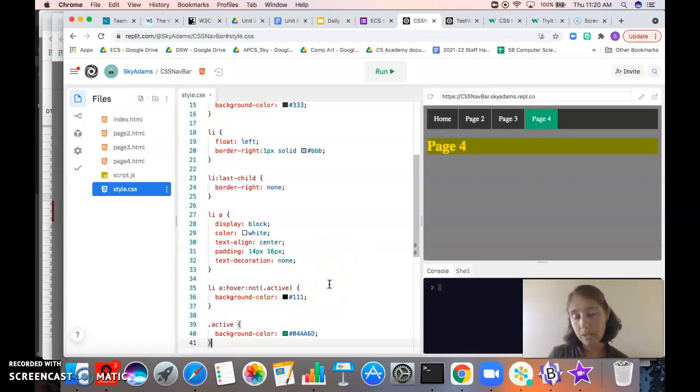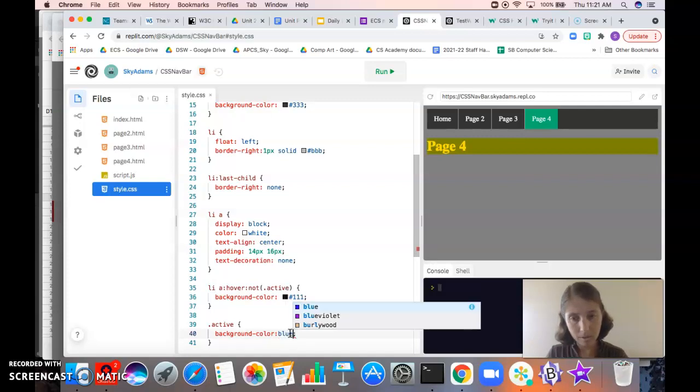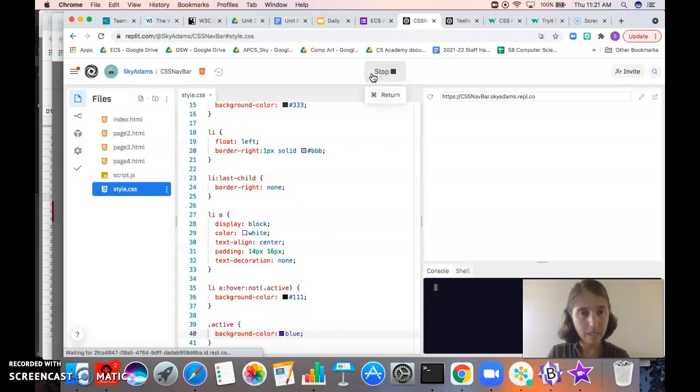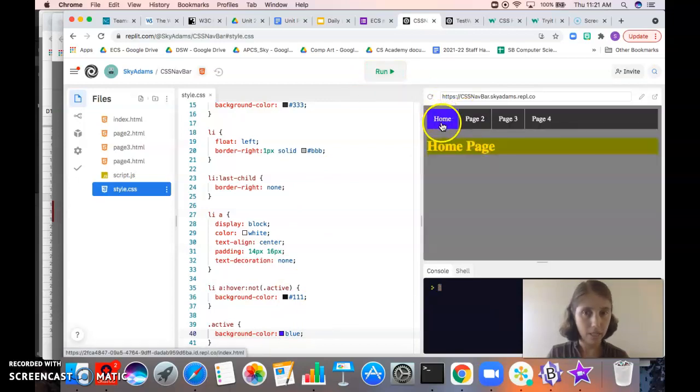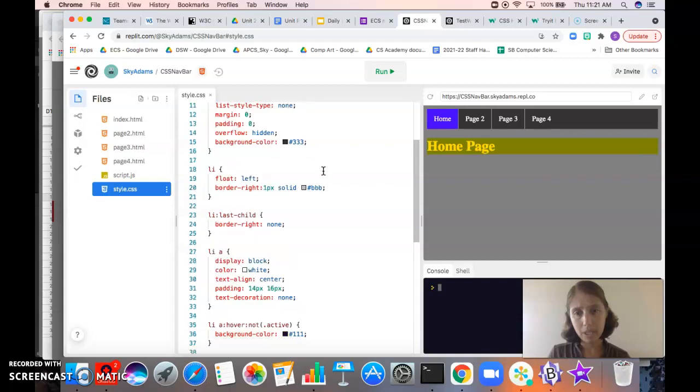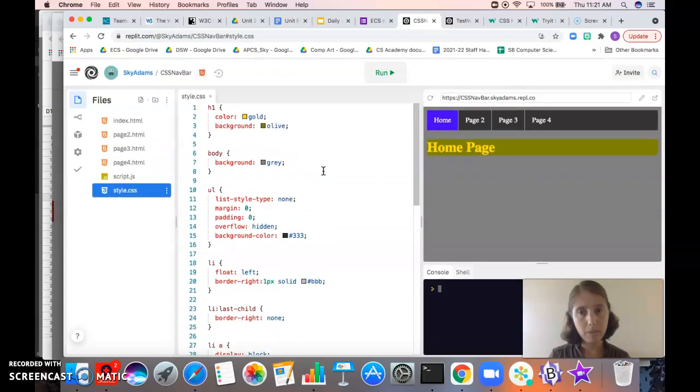Again, I would recommend just go to W3 Schools, copy the CSS, and then change it how you like. So for example, I maybe want to change the highlight color for the one that's active. Maybe instead of green, I want to make that blue. And so now when I run this, you can see it here. So you can play around with this, change the colors, change the fonts, however you'd like, but that's the basics